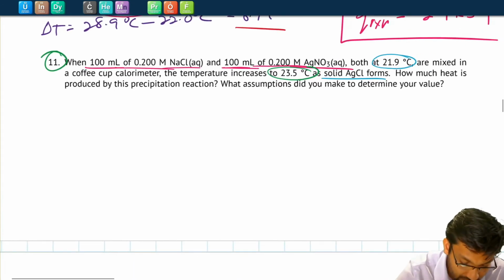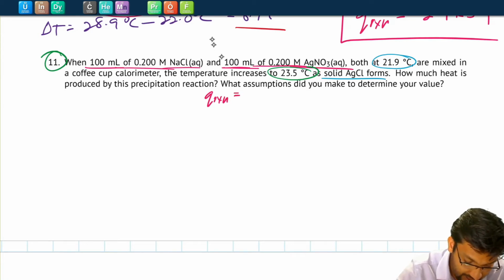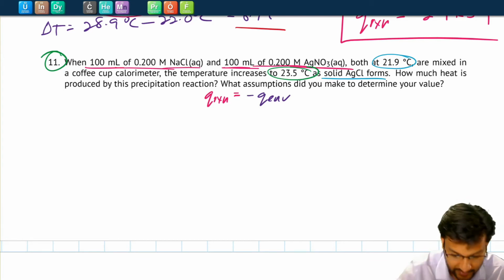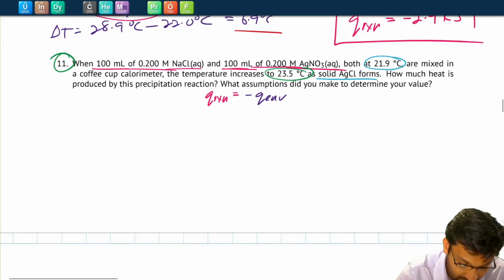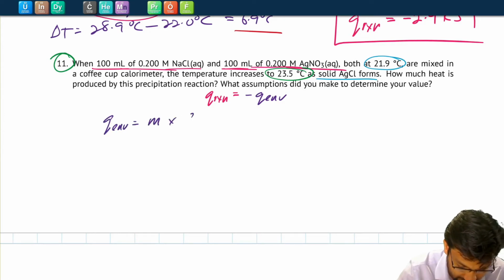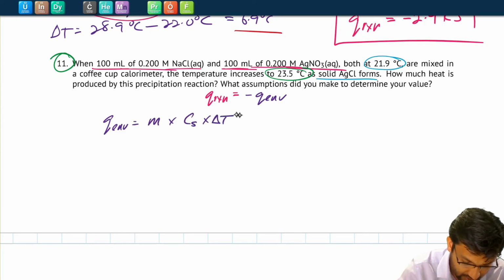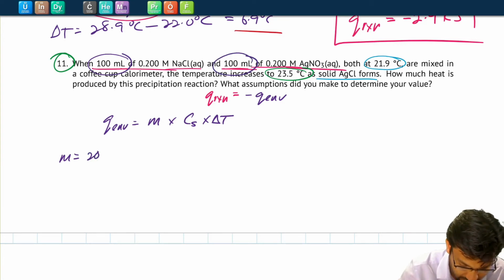Okay, so we know that this reaction, Q for the reaction, is going to be equal to negative the Q for the environment, which is made up of the water, the calorimeter. So let's see if we can find the Q for the environment. So the Q for the environment will be the mass of the environment times the specific heat capacity times the temperature change. The mass will be, we're just going to assume the total volume is going to be 200 mils,